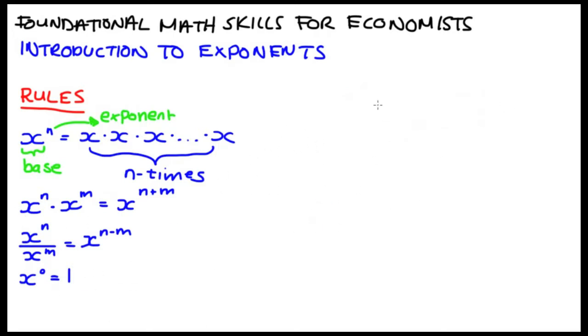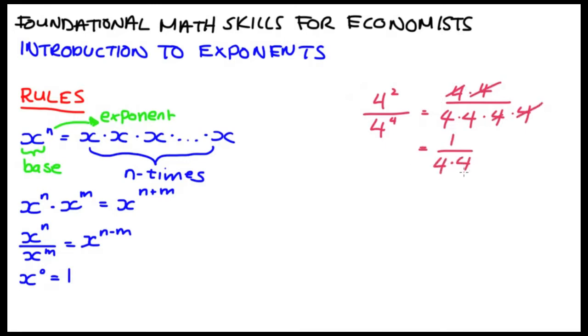Great, and we can keep on going with this division because there's another interesting case that I want to show you, and that's where our denominator number has a higher indice. So let's consider the case of 4 to the power of 2 divided by 4 to the power of 4. Well, we get 4 times 4 in the numerator and 4 times 4 times 4 times 4 in the denominator. Let's cancel out where we can, and we're left with 1 divided by 4 times 4, or 1 over 4